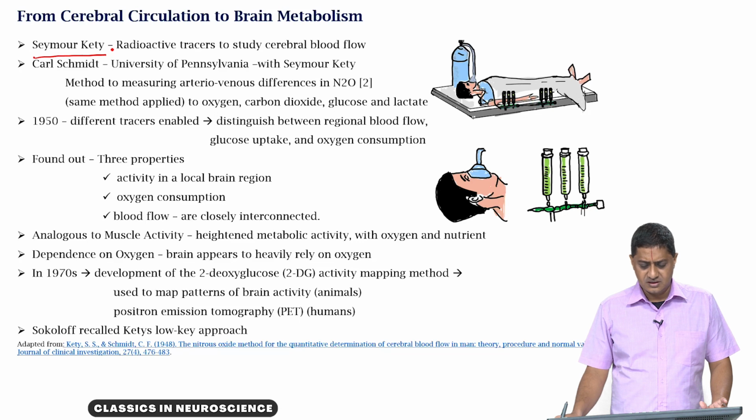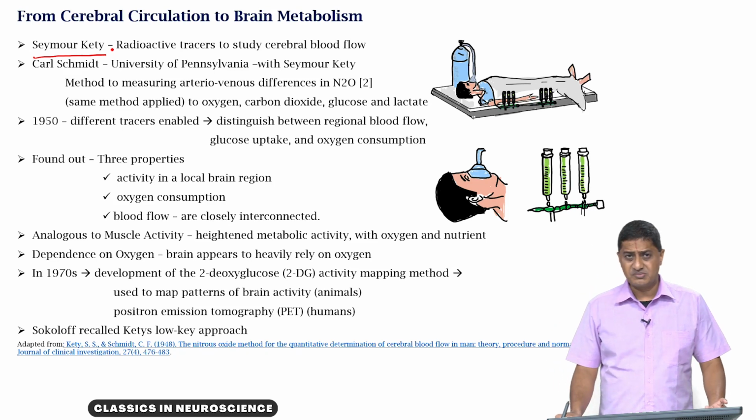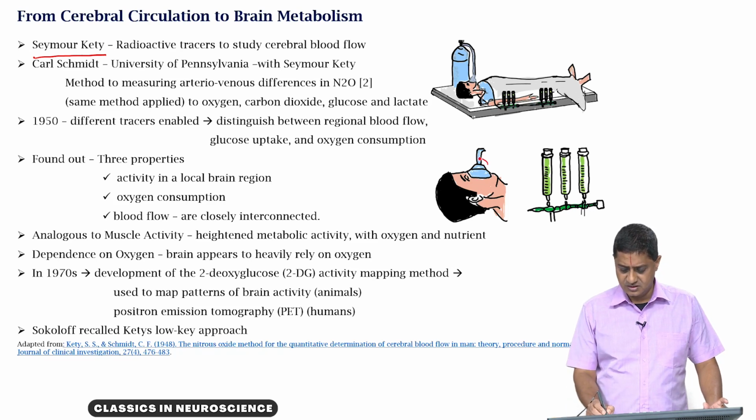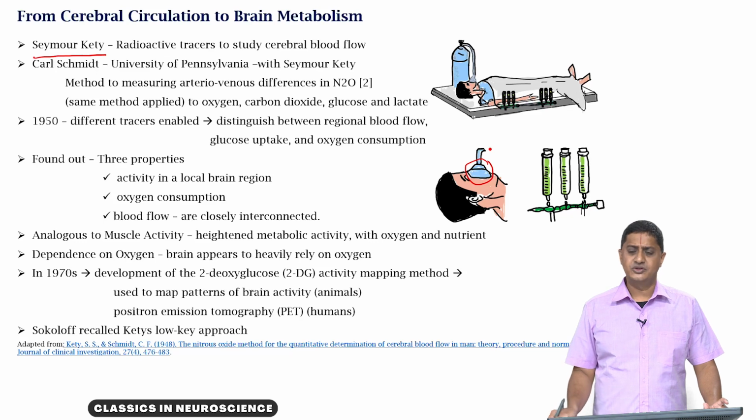Together they started developing methods to measure the arteriovenous differences in nitrous oxide. You supply this gas to the patient through the mouth and nose, and you study changes in the chemicals